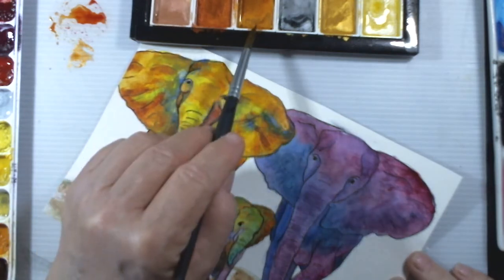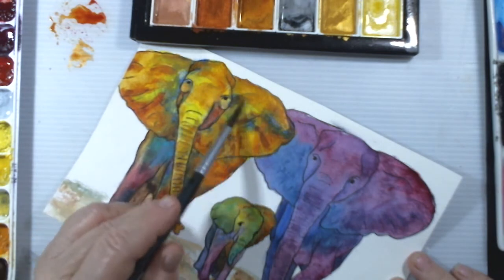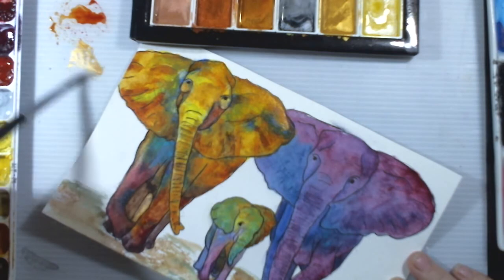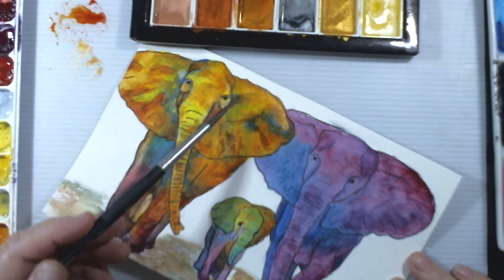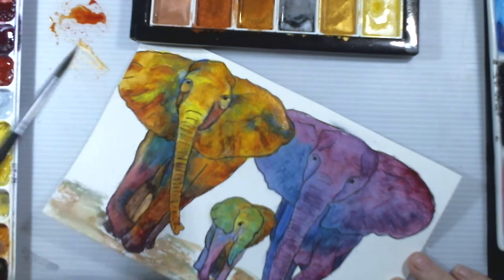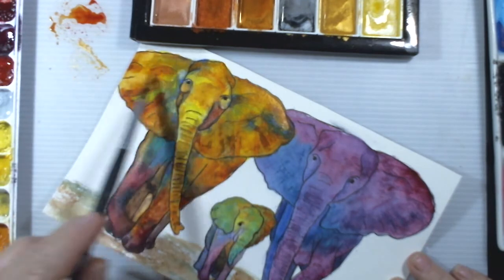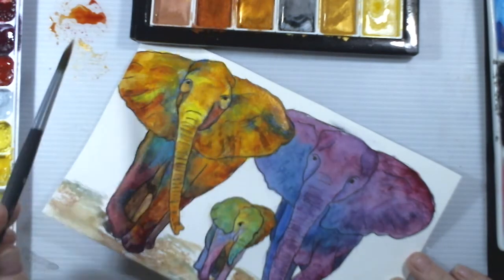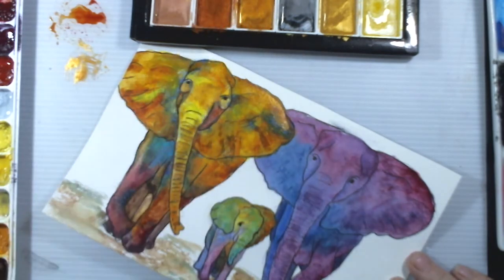So I'm using this beautiful coppery, and I'm just going over the surface like a wash. So I've added a lot of water to it, and it's just going to float on the surface. And I'll show you in the end here, though. I'm not going to do it now because when I bring my...